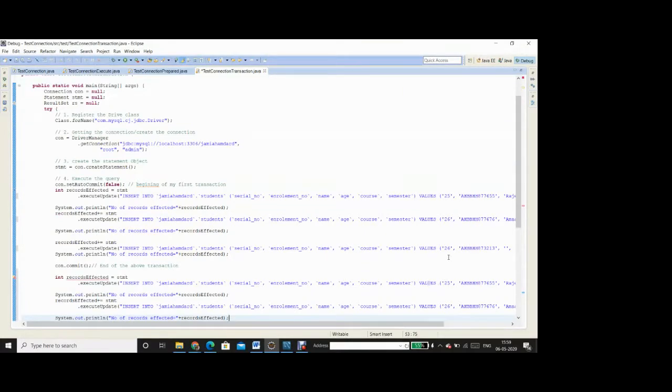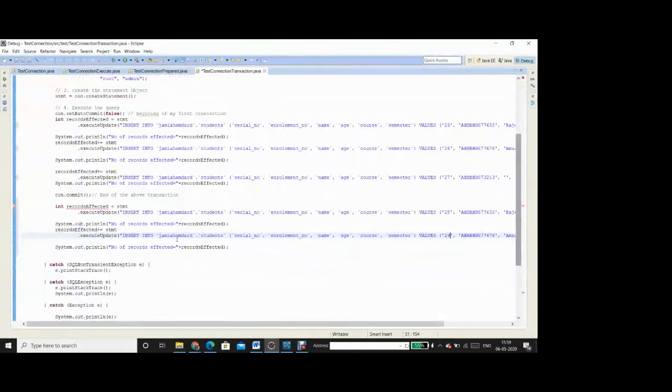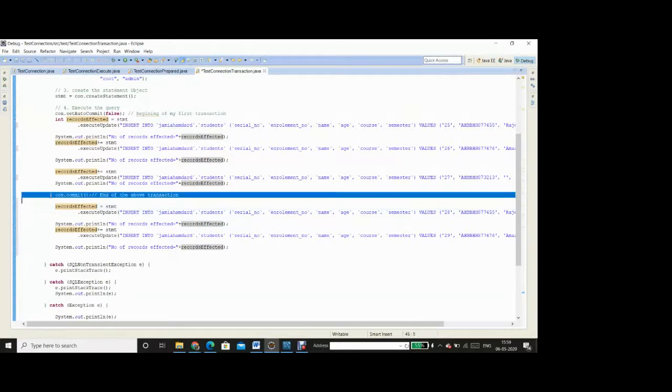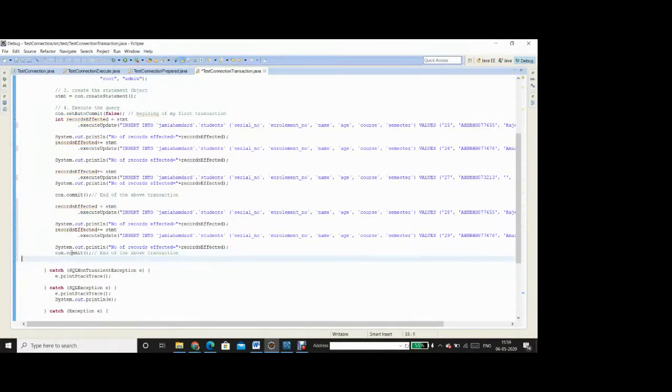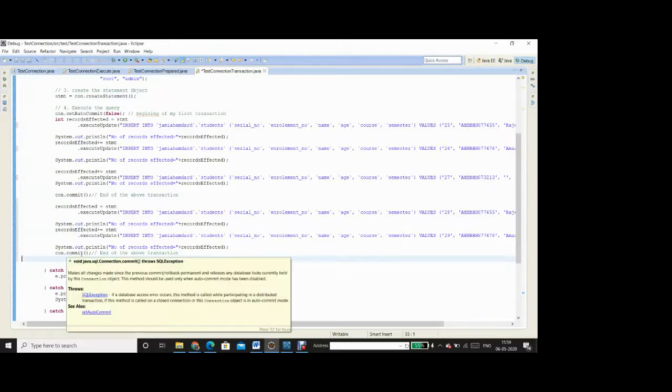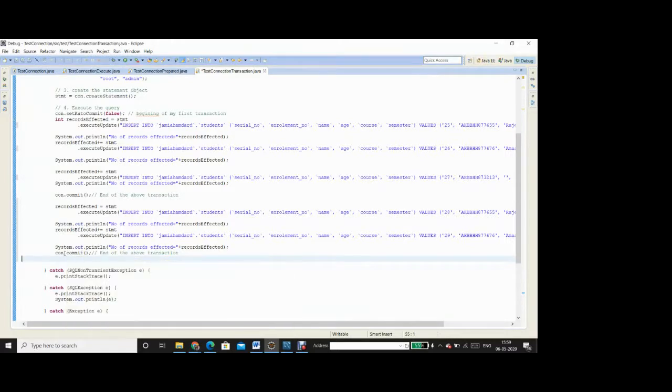And now let me say the record numbers are 27, this is 28, and this is 29. And now when I say con.commit, this line is going to mark the end of the second transaction, which begins at this point.